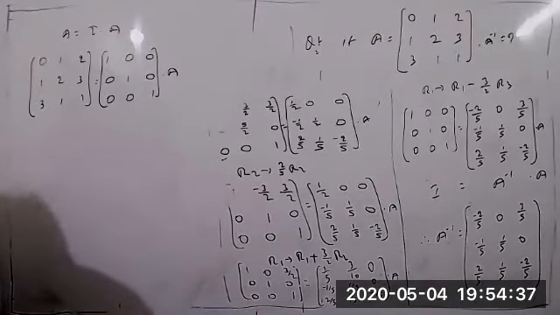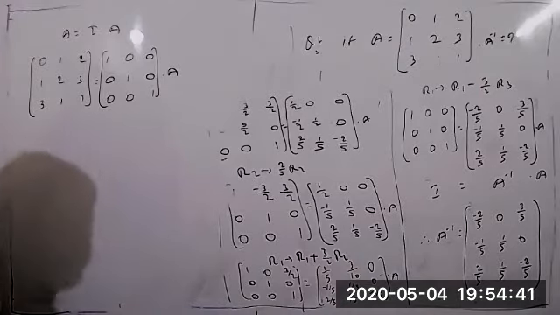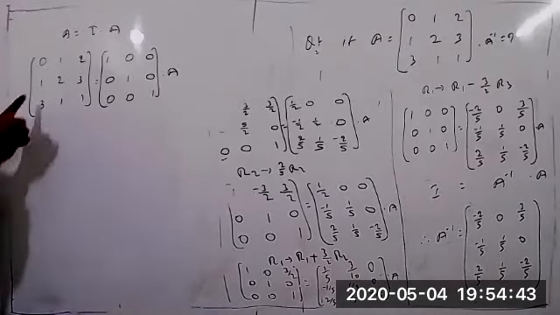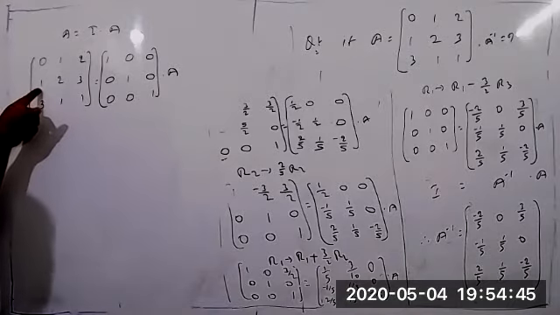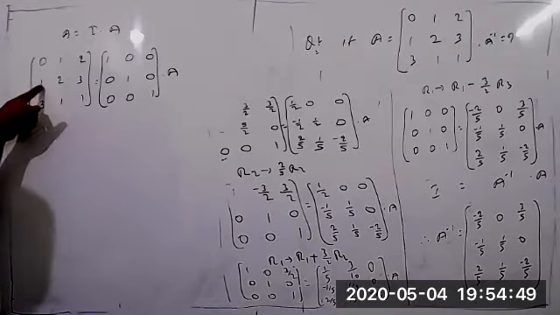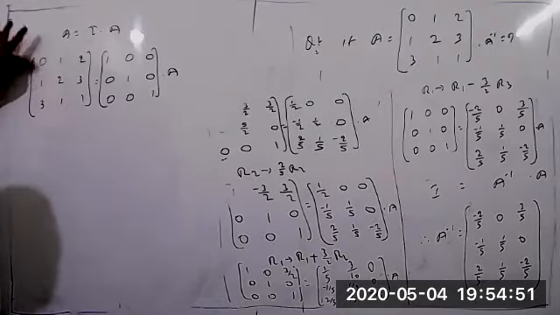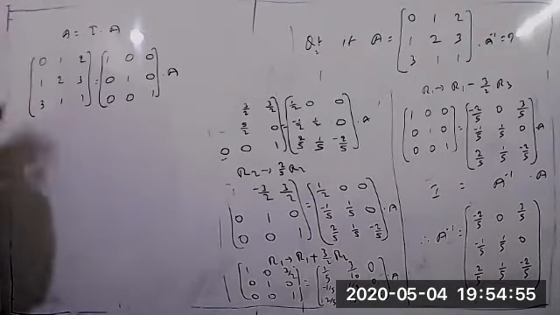Sir, what will we do? R3 minus 2R1? No, I think it is not required here. Already in the second row, 1 is there. R1 and R2, okay. Here 1 is there, here 0 is there. Now we are interchanging both of them. What happened? Directly we got the first element as 1 and the second element as 0. Yes or no? So you can see that clearly.